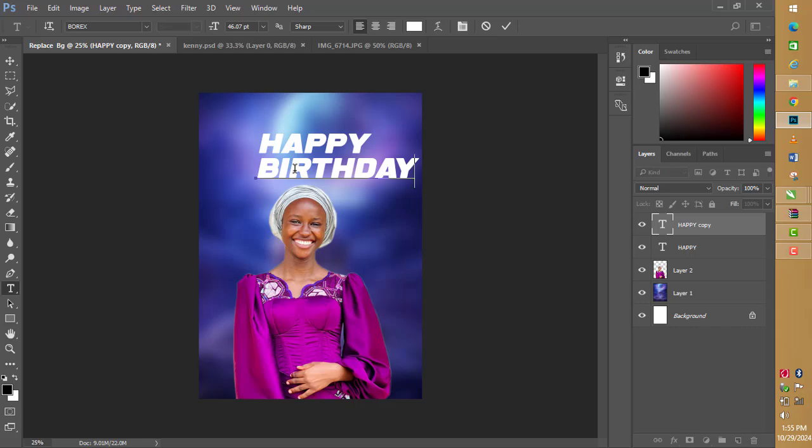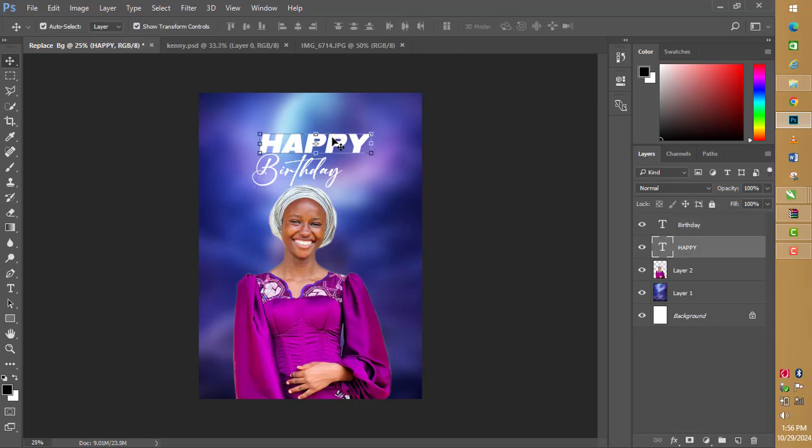But for this birthday, I want a cursive font. I want a font that is kind of cursive. So the same process. Let's look for a cursive font. Okay, I think I like this. I like this. So I like this. So having done that,